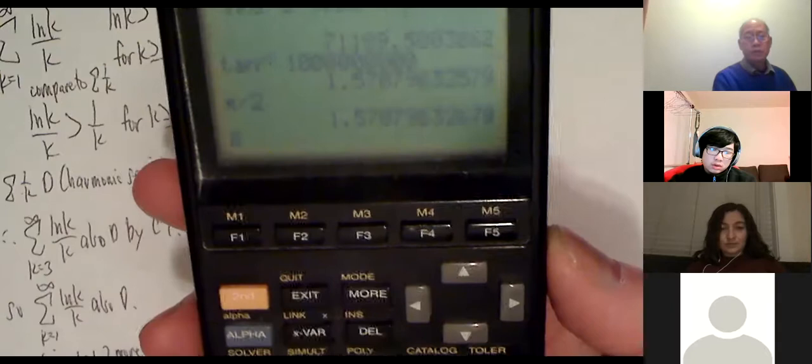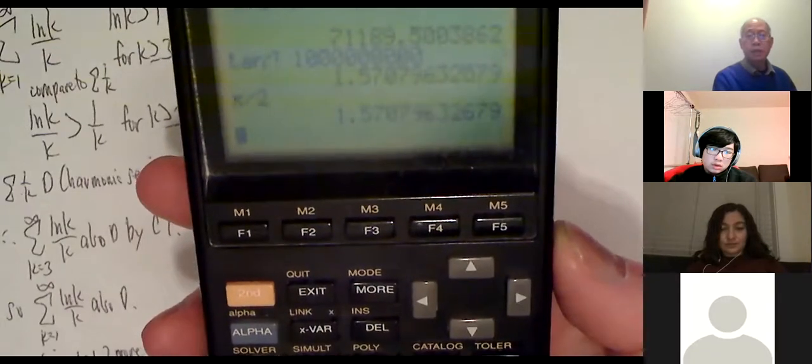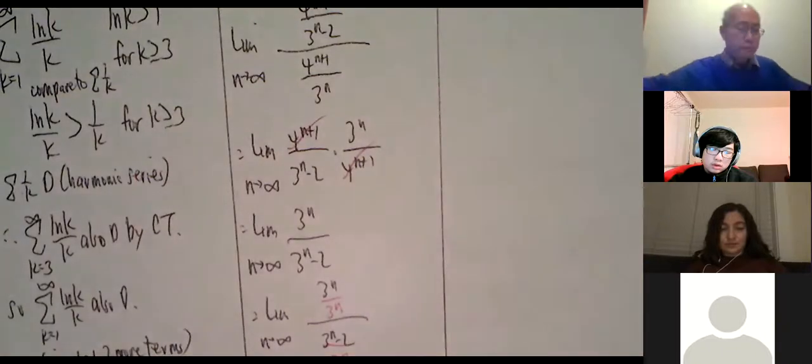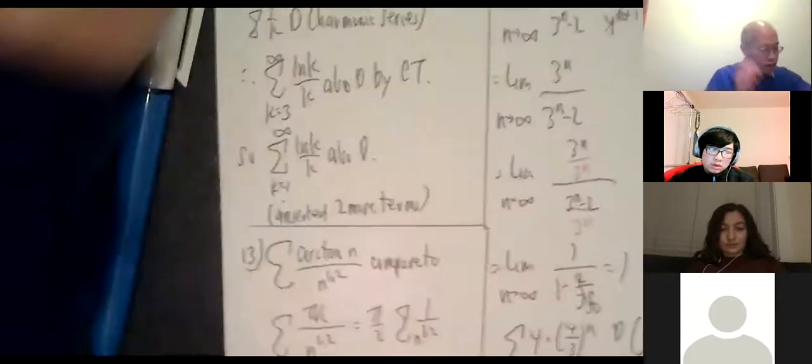So if you ever forget the limit, you can just punch in a super big number and you see it's about pi over 2, 1.57, and so on. But it stays below pi over 2. That's the key thing. So what I'm trying to share with you here